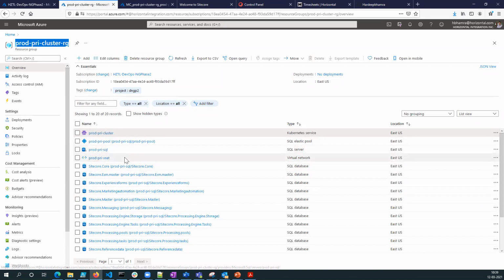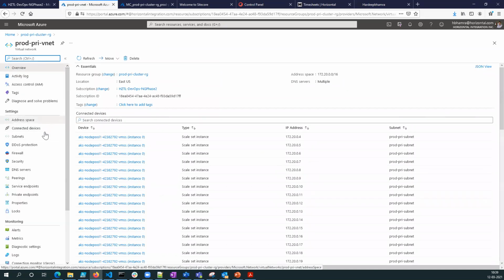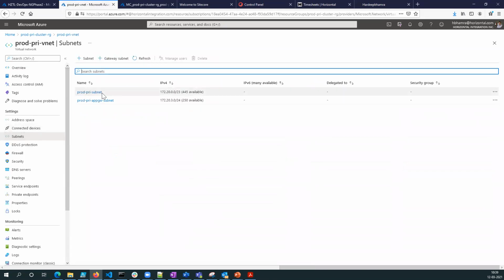So are the Prod SQL servers. The virtual network we have seen the last time. If you go to the virtual network, you will see a couple of subnets: the subnet for the VM scale set for the nodes, and the subnet for the application gateway. We did have a look into it last time as well in detail. If you have missed it, I would encourage you to go and look into the video that is available on YouTube's Sugin India channel.